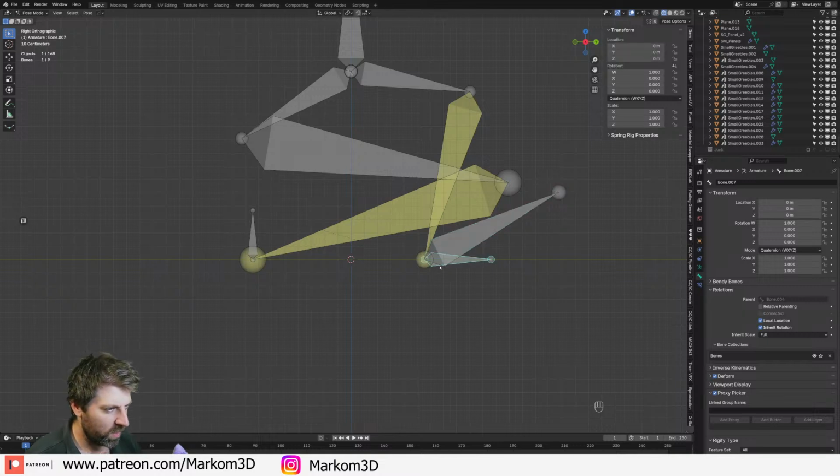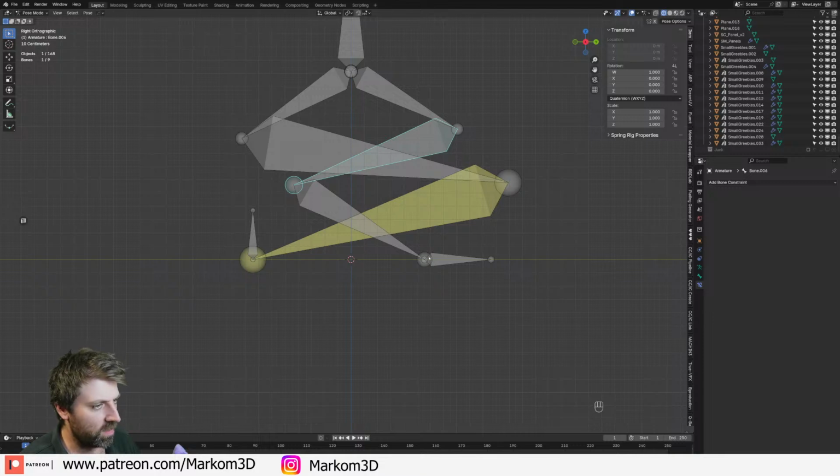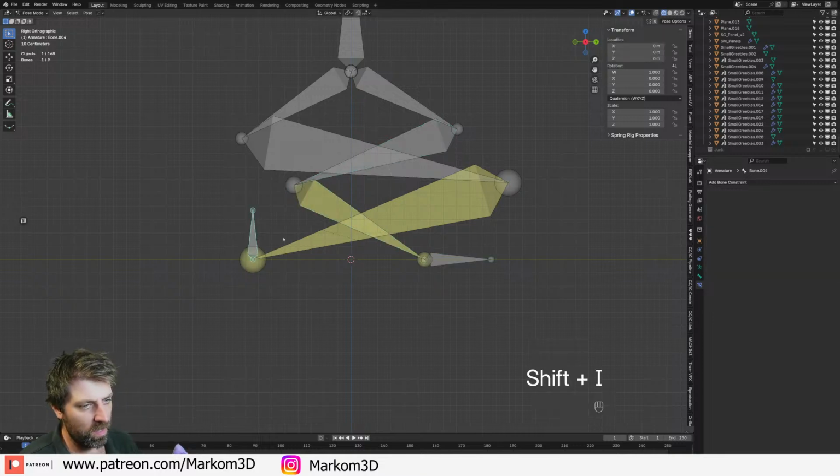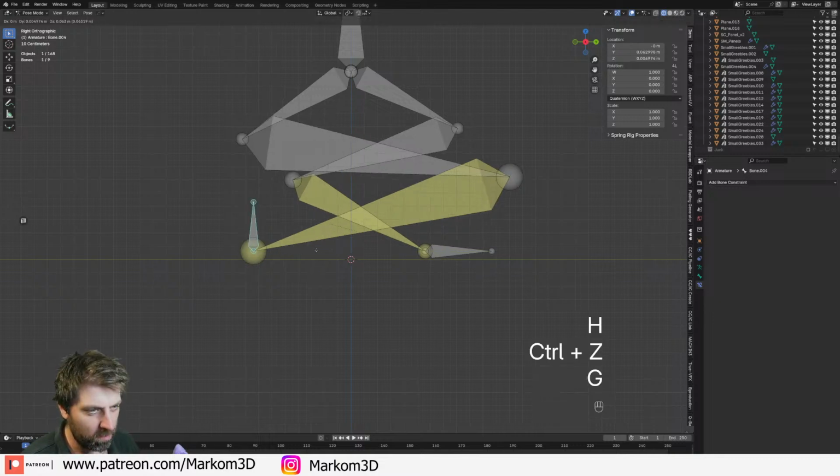Pose mode. If I go here, modifiers. Nope. You. All right, you're my problem. Let's clear out that to that. Shift I to active bone. And so now